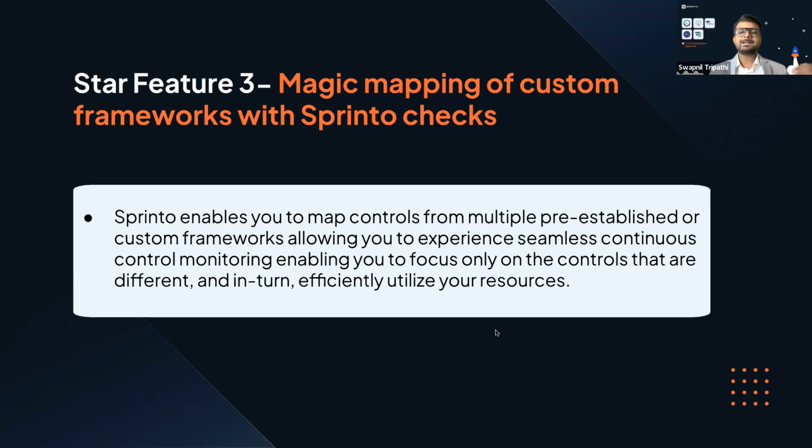So even for a framework that we are not supporting, you don't have to go ahead and submit evidences again and again. It's just a map that you will have to create. And you can use common control frameworks out there in the market like SCF or UCF and so on and so forth to actually get that mapping, right?